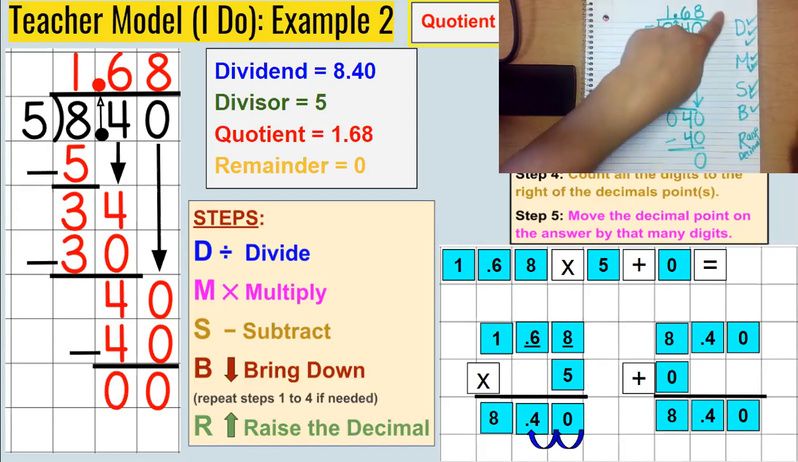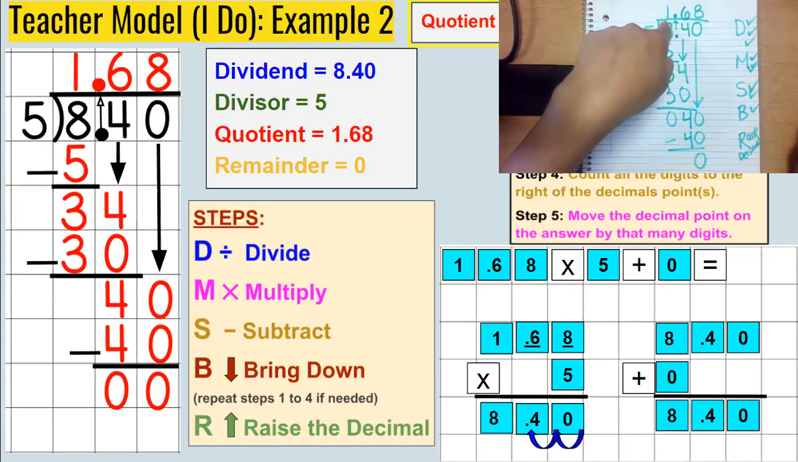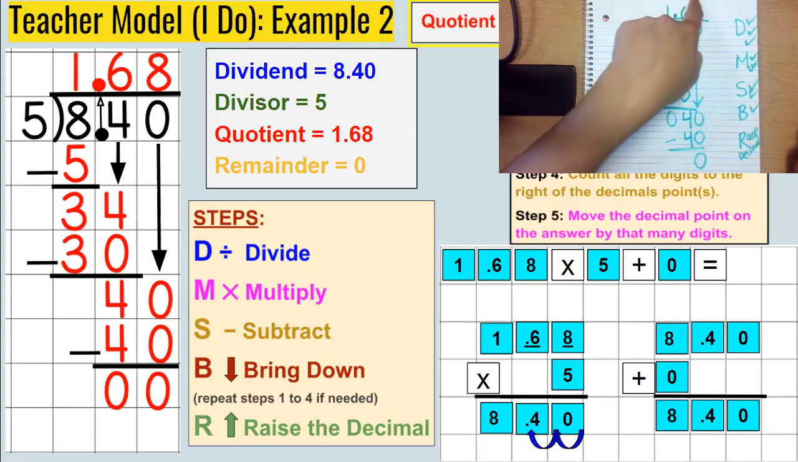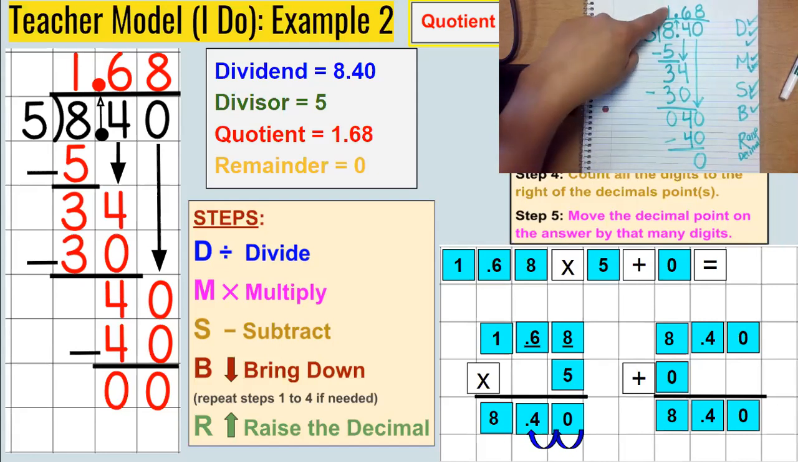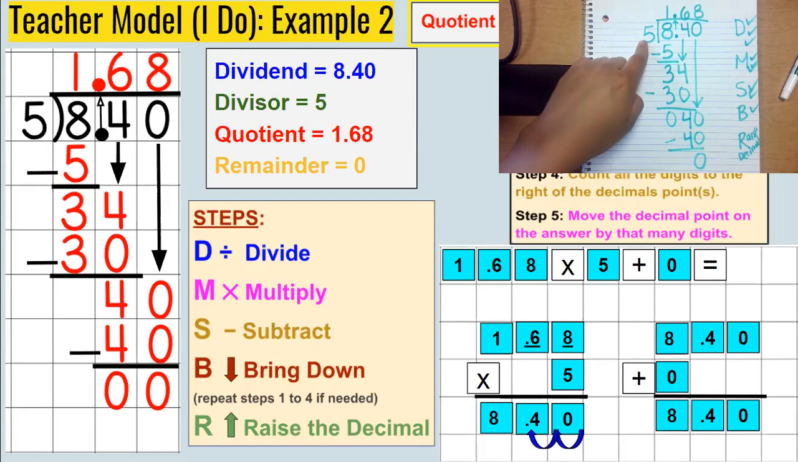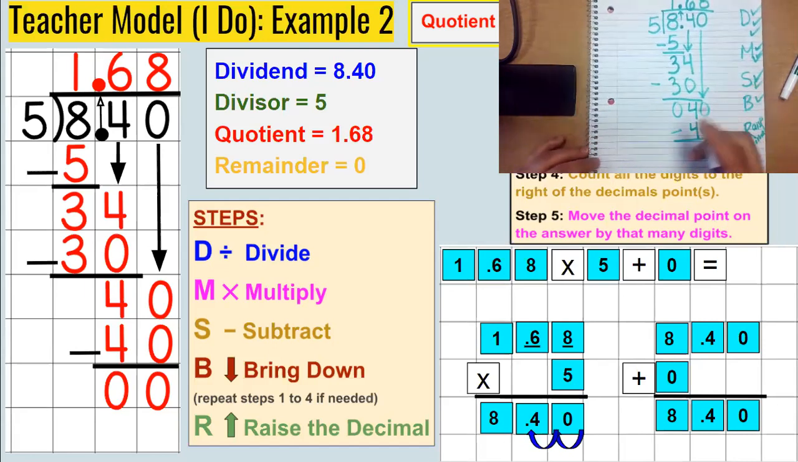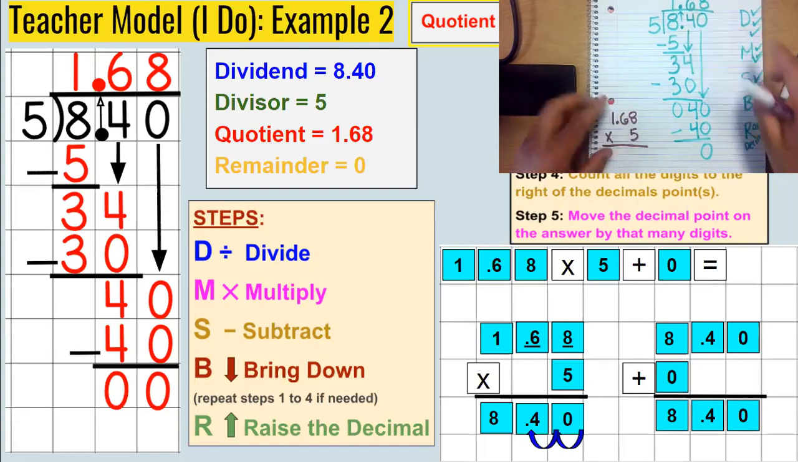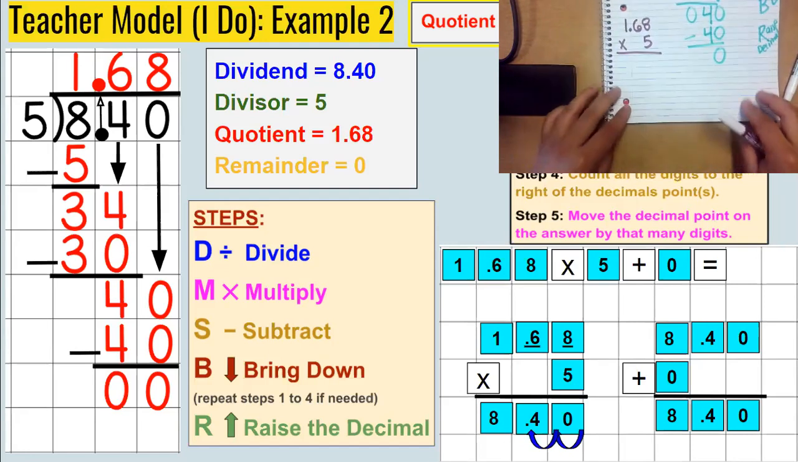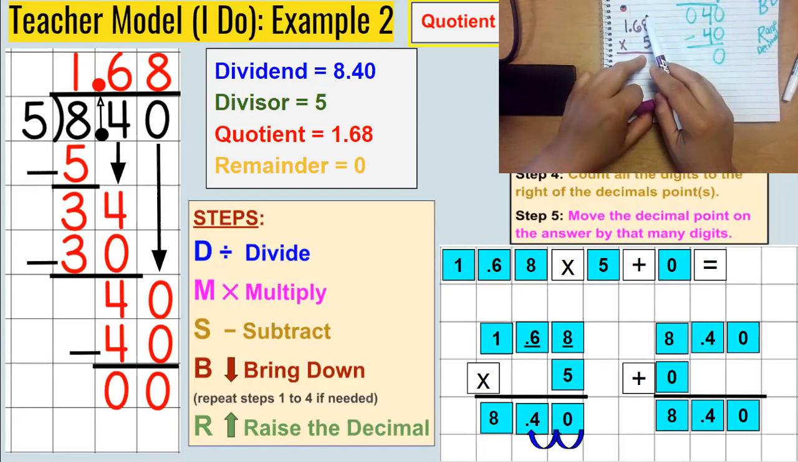Okay, this gives me a little anxiety because I want to know that I lined up my numbers correctly and that I put my decimal point in the correct place. So now I'm going to check it by multiplying the quotient and the divisor. 1.68 times 5. Okay, and that should give me 8 and 40 hundredths. So let's do this. 5 times